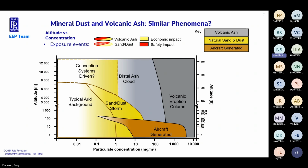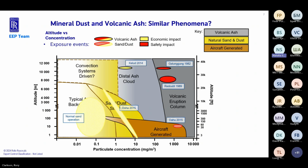There's a chart coming up later where I extend this to cover how long you're in ash or mineral dust, as well as the concentration. So red for safety implication, yellow for there was an impact, but it was purely economic. There was no safety implication. So I've picked, as you can see,